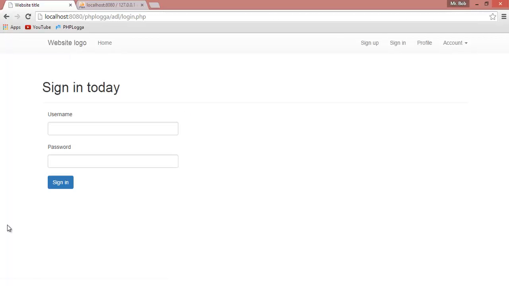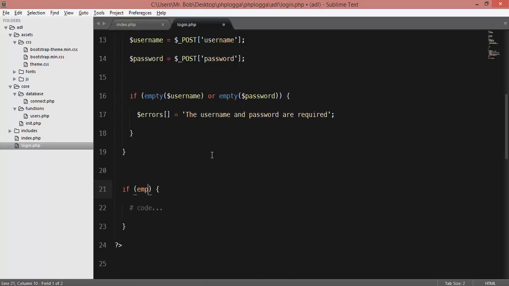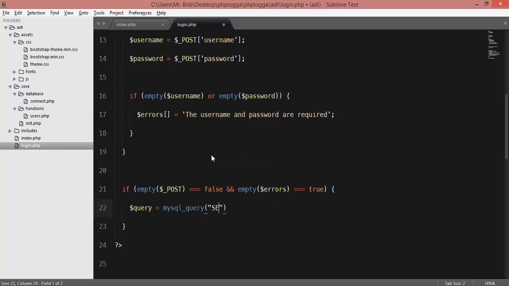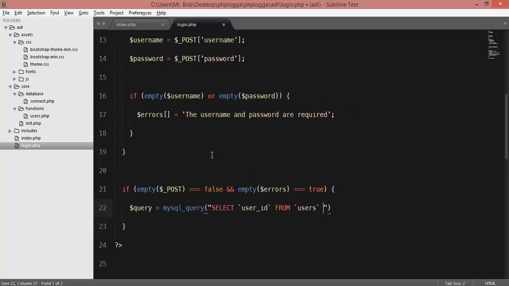So now let's refresh and see. Hopefully the username and the password are required. That is, we are working alright. So now if empty again, if empty expose false and empty errors is true, we can create user ID, I think query. MySQL query is select user ID from users where